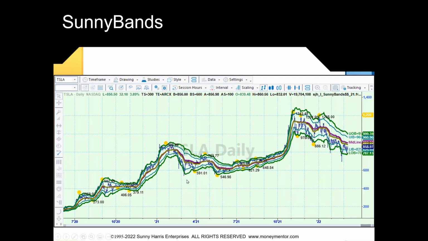Now here's a special case. It goes sideways right here. The DMA is going sideways. When that's going sideways, I know it's not going to come to the upper band. It's going to bounce on that sideways DMA, go back down again. Here, it blasts through it, touches the upper band, goes back down to the bottom. It's just like clockwork, goes top to bottom, over and over again. And that's what I use to trade.